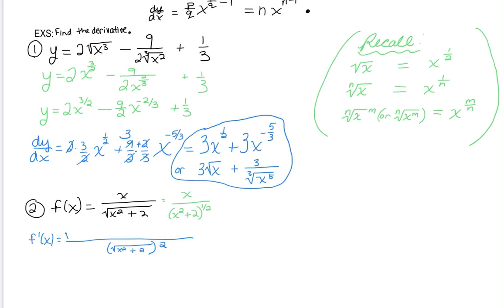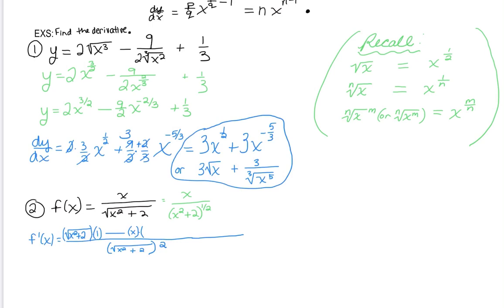That's my prompt to start with my original denominator left alone as the first part of my first term, and then times the derivative of my numerator. Of course, the derivative of x is just 1 here, minus, and now changing that order, so now it's going to be the numerator left alone, times the derivative of the denominator. That's really where I need to be looking at it as that quantity to the 1/2 power, because this